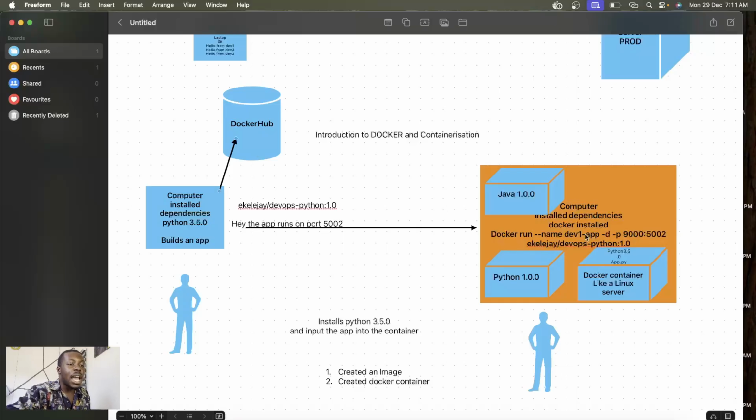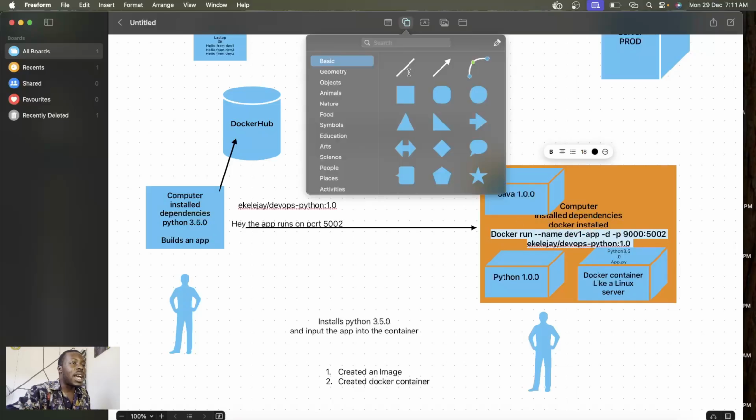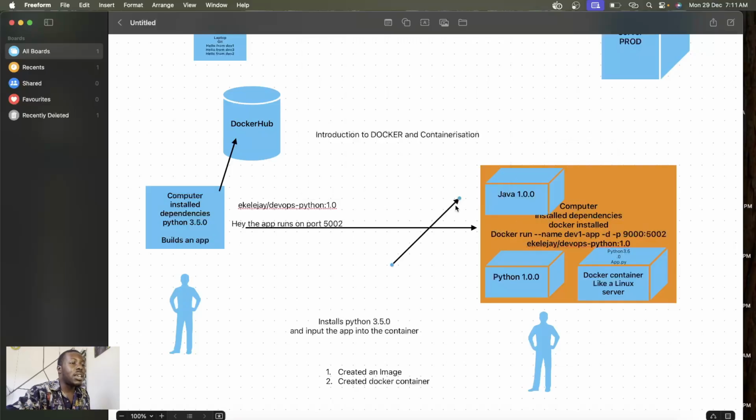Then when this guy runs this command, it is designed to automatically search Docker Hub and then pull the image and create a container out of it.